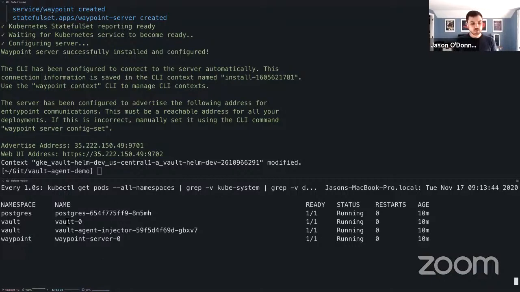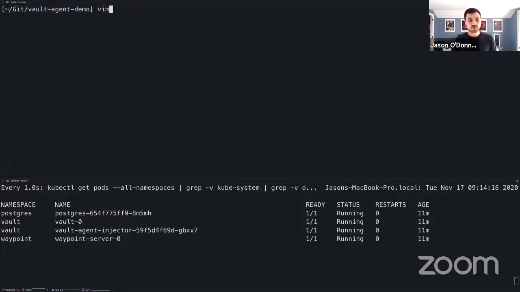So like I said, we have a Vault server running here. This has already been bootstrapped, and I can quickly show off everything that has happened behind the scenes. This is the agent injector controller. So the thing that's responding to our annotations and injecting Vault containers, it's all handled by this pod. And then the Waypoint server. The Waypoint server is what's deploying our applications for us, and then connecting it, giving us a deployment URL at the end, basically orchestrating all of this workflow. So this has already been set up,